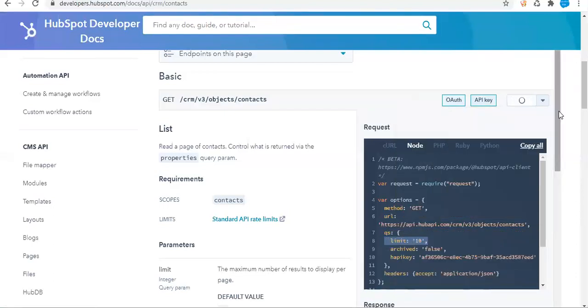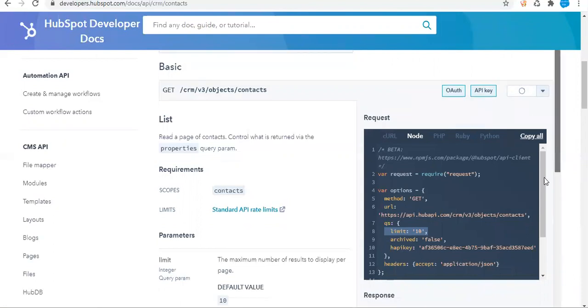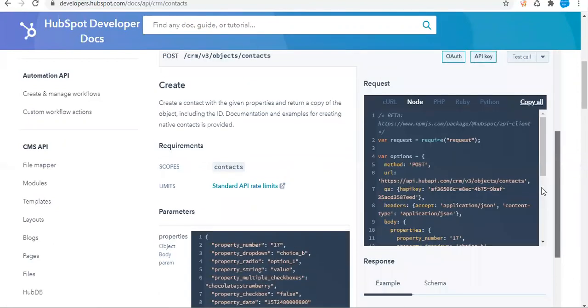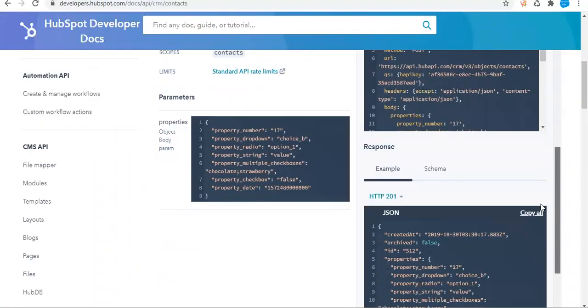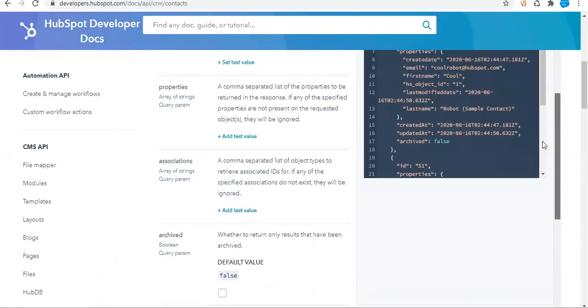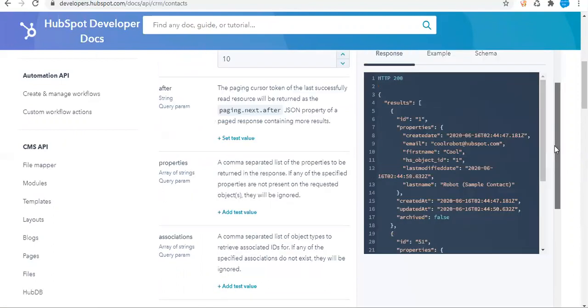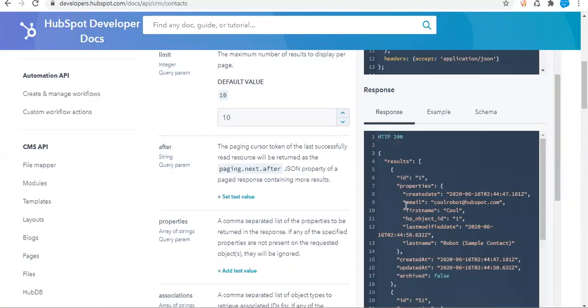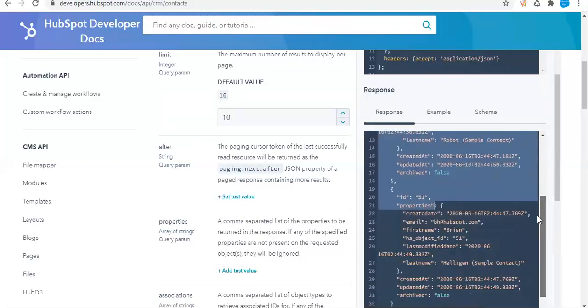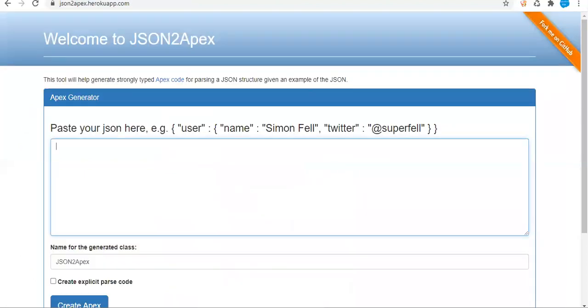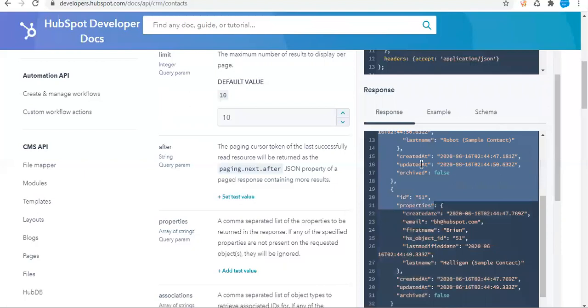So it is sending the request. Instead of calling from Salesforce, we are using this interface for calling the HubSpot API. We can see we got the response. 200 is the success response, and this is the JSON response we got. So this is the response I copied and pasted into JSON to Apex